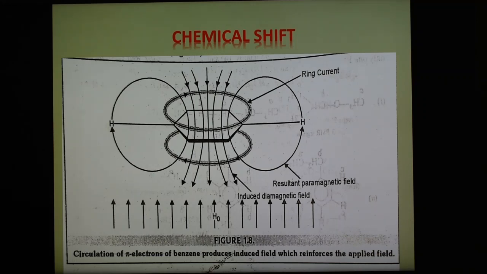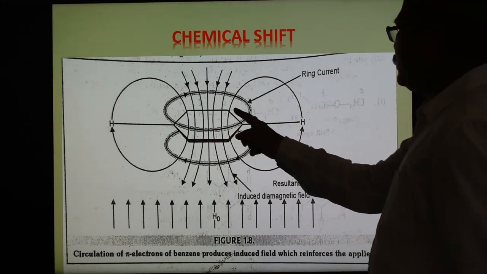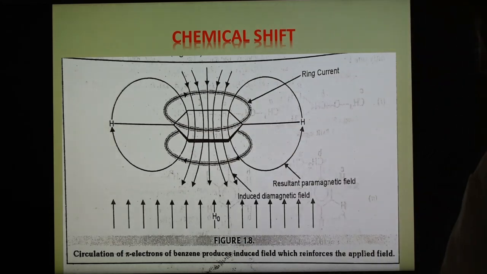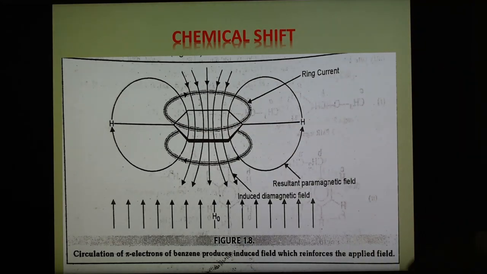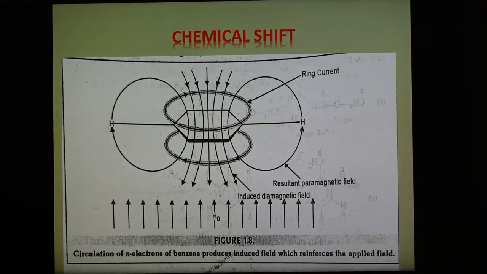This is the benzene, with carbons and hydrogens, and this is the applied field, and this is the ring current of the benzene ring. The circulation of pi electrons of the benzene produces the induced field